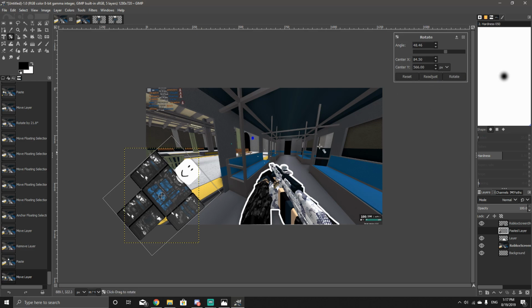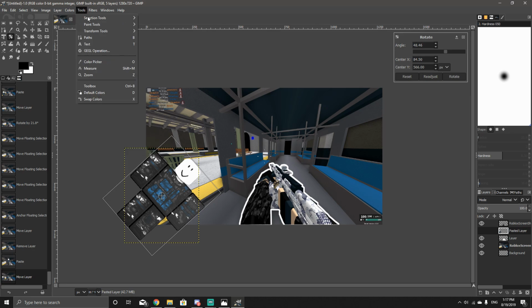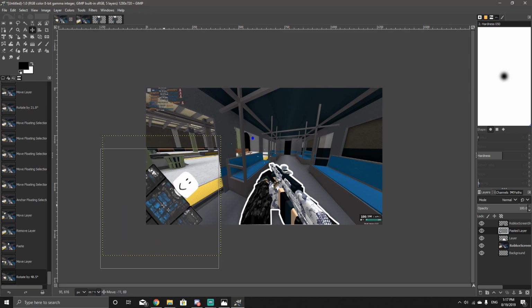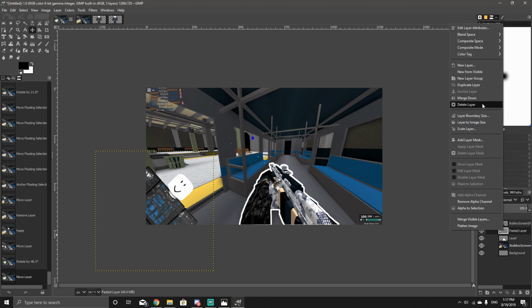Alright, then I want to just move it down a smidge so it can match the other one a bit. So yeah, it's like this. And then what you want to do to get the outline is just